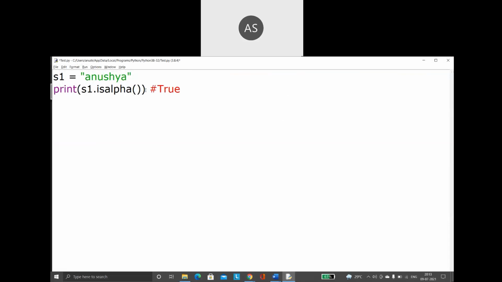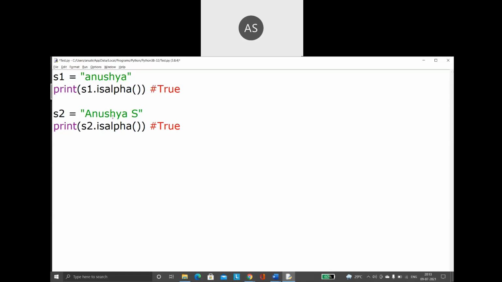Now, check this out. I am saying yes2 is equal to Anusha space yes. I'm going to make use of the same function, yes2.isalpha(). Now, this is a string that consists of all alphabets: A, N, U, S, H, Y, A. Yes is also an alphabet. Uppercase or lowercase does not matter. The isalpha function will check whether it is an alphabet or not.